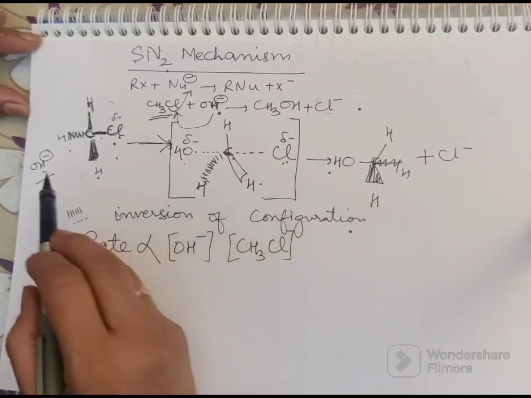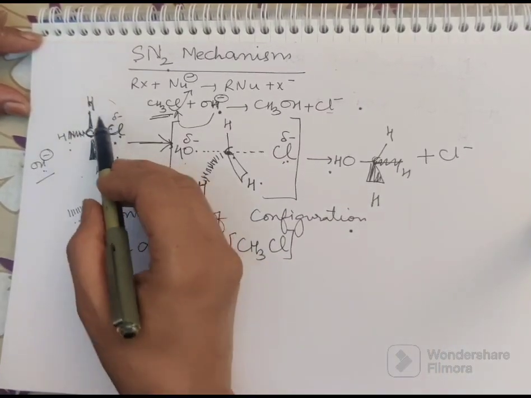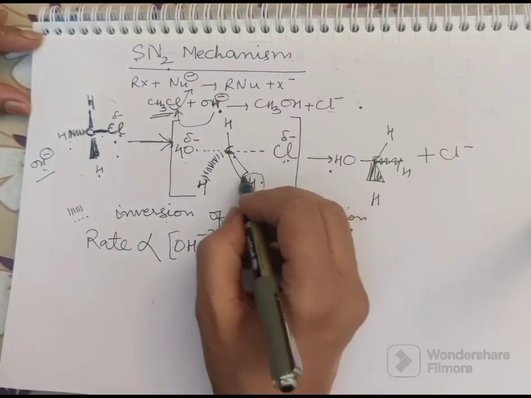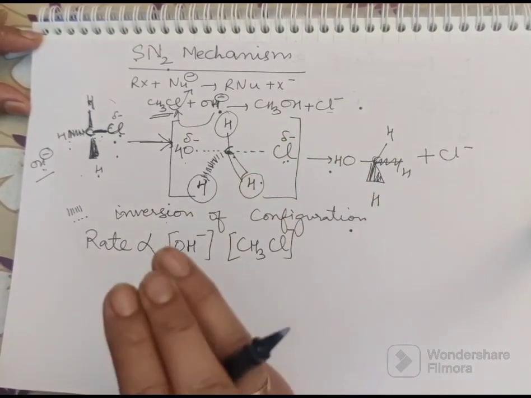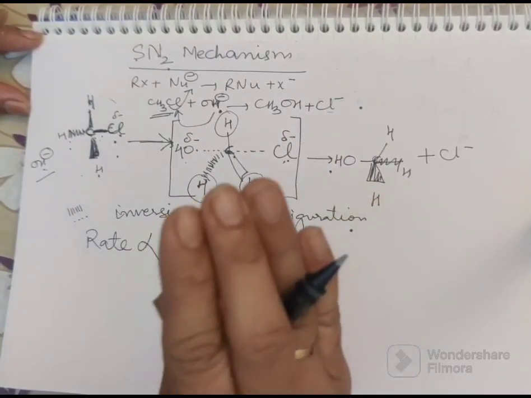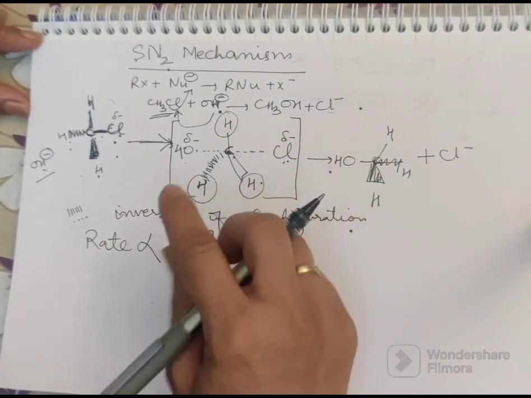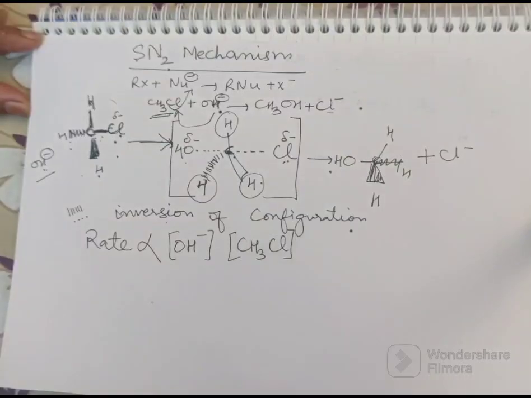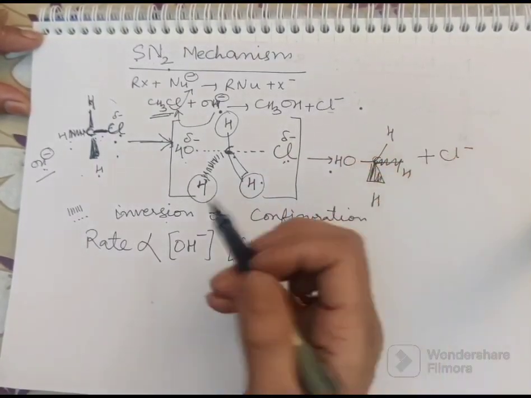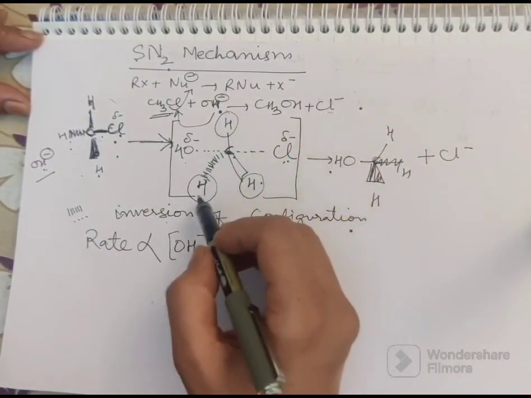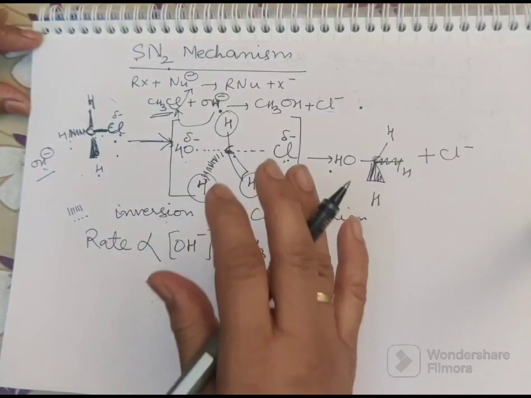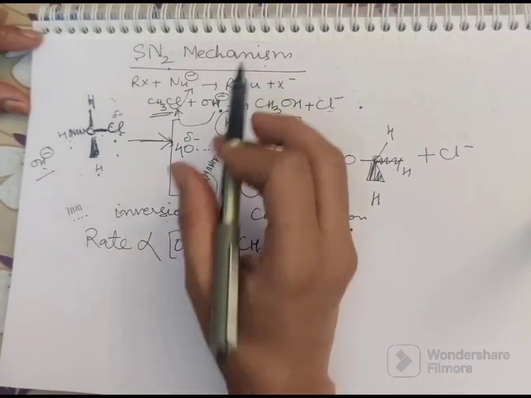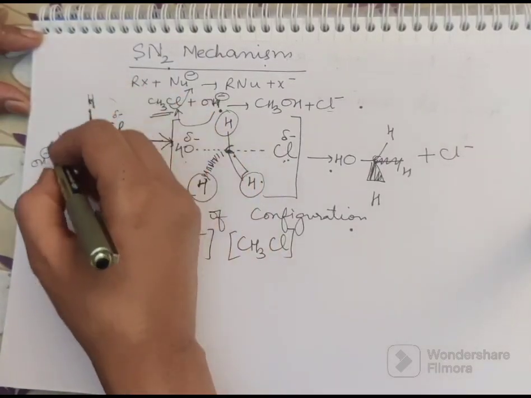Now look at the mechanism. OH minus is attacking, Cl is leaving, transition state has 5 atoms. अगर ये जो groups attached हैं, if they are small, the repulsions will be lesser. If these groups are big species like methyl, ethyl, bulkier alkyl groups, then OH, Cl and bulkier groups, there will be a lot of repulsion and SN2 mechanism will not be followed. Which means for SN2 mechanism, what we look at is steric hindrance.